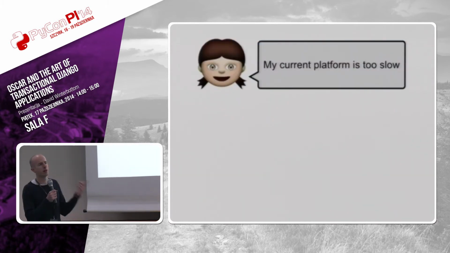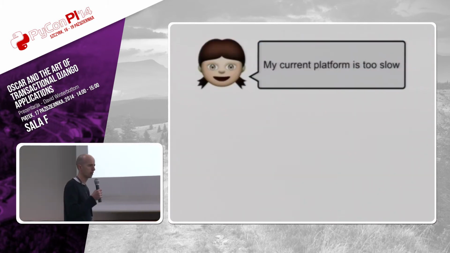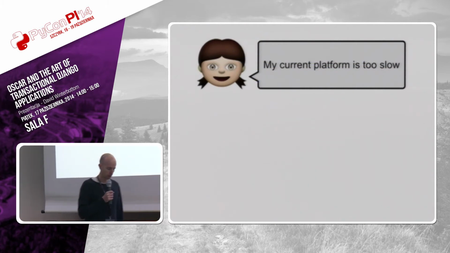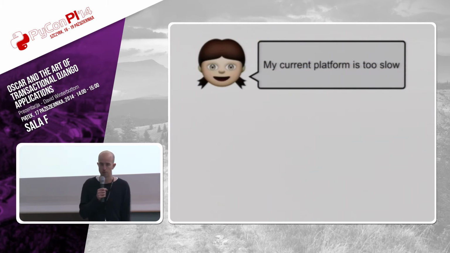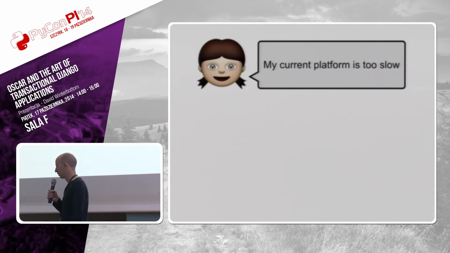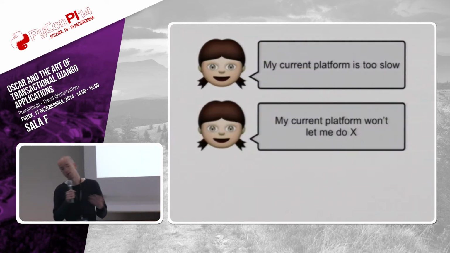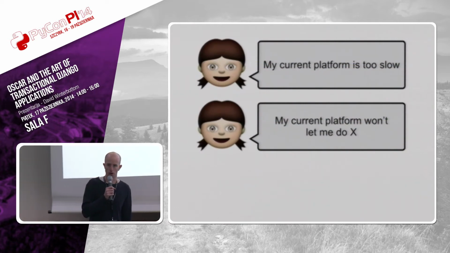And we found this. We went to an e-commerce expo a few weeks ago in London. We spoke to lots of people who were really unhappy with their current platform, often coming from the Magento PHP side. They found that things were really slow, or that after a while it became unmaintainable, and every change they wanted to make got more and more expensive and took more and more time. And they were really unhappy.